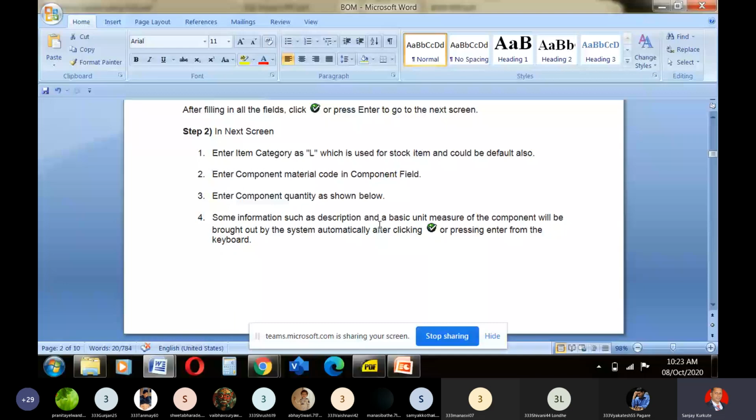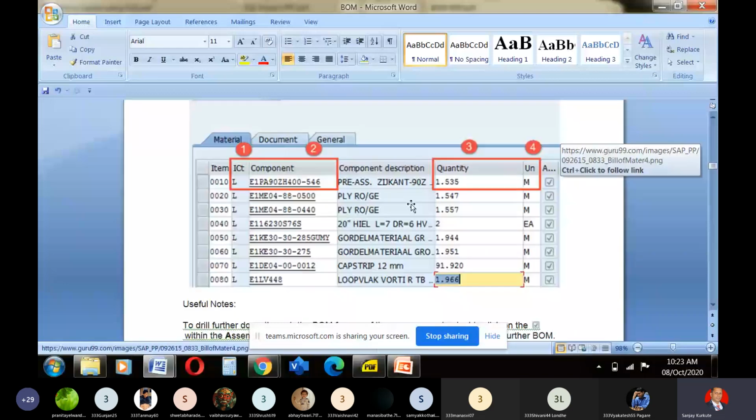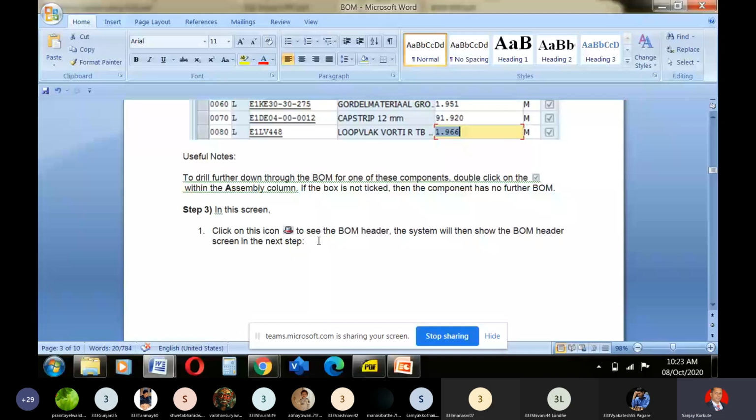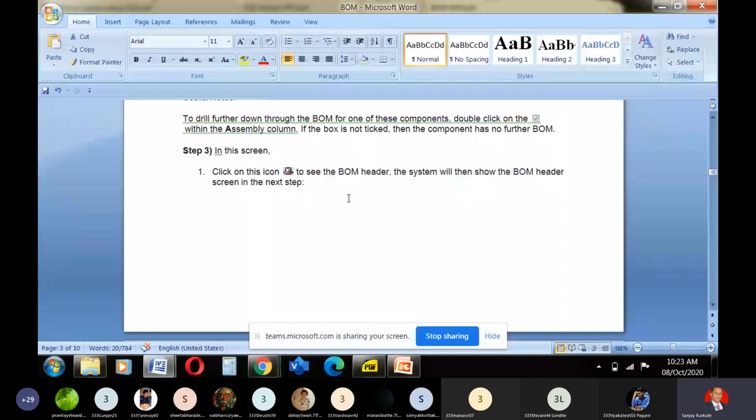Then coming to the next part, it is row-wise and column-wise entry, just like an Excel sheet, correct. And then in step number 3, you may go for the BOM header, the bill of material header. So how can you generate the header here? Create, general item overview, like this.